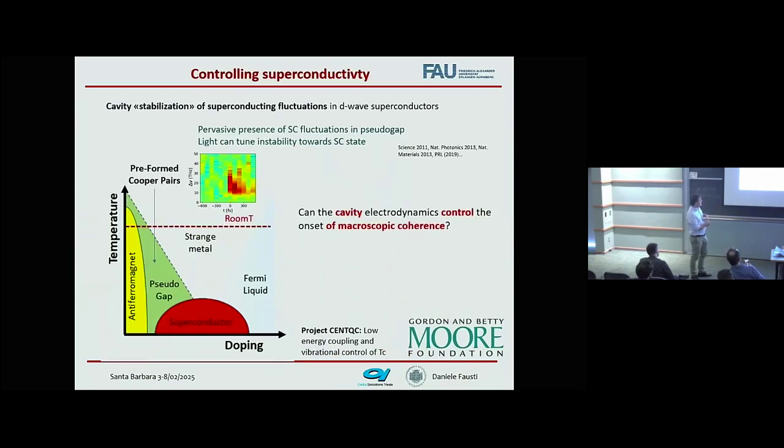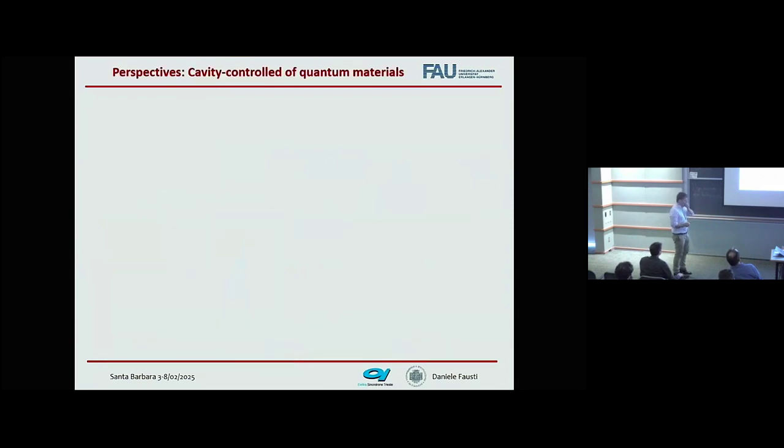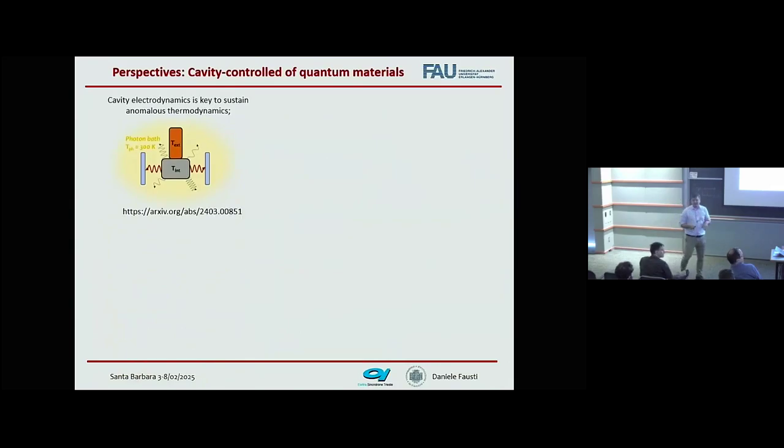So if I convinced you that there is a lot of literature about the existence of superconducting fluctuations throughout the pseudo-gap phase, we are looking in the future for finding the right cavity setting to mediate long-range interaction between the superconducting fluctuations. Obviously, it's us and other groups which are trying to find the best configuration for doing this. But this is the specificity of the direction that we will do.